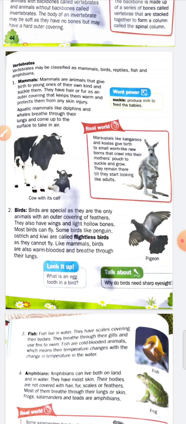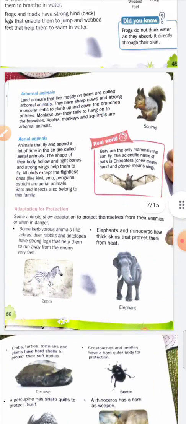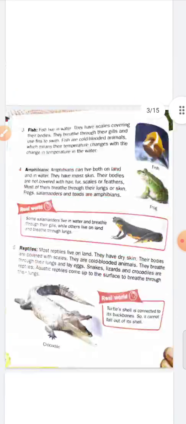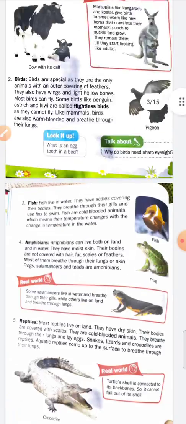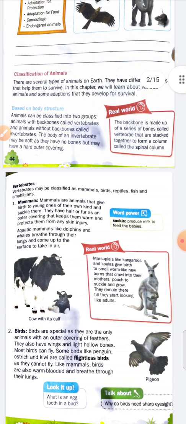And we have also discussed kangaroos. Kangaroos, you can see, or koalas also give birth to small worm-like newborns. And you know what the size of the newborn baby of the kangaroo is? Yes student, we will